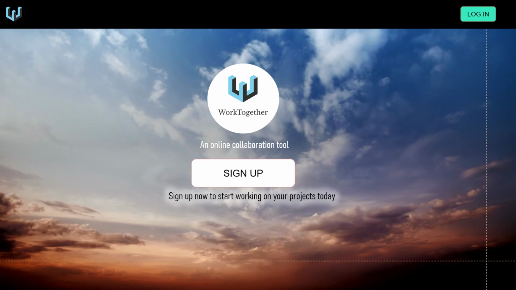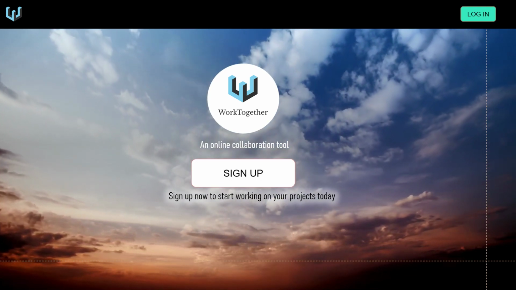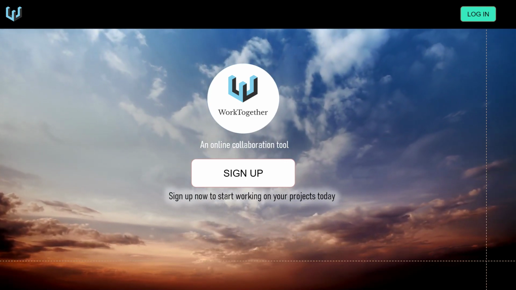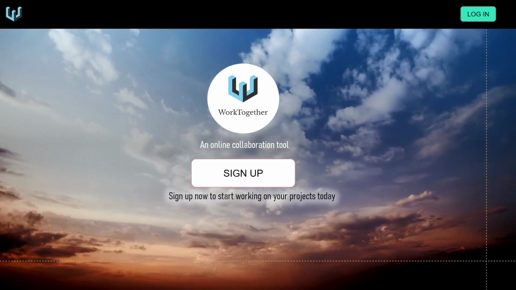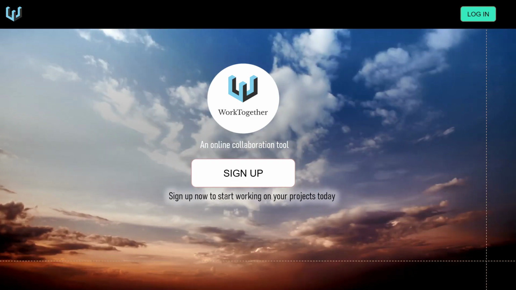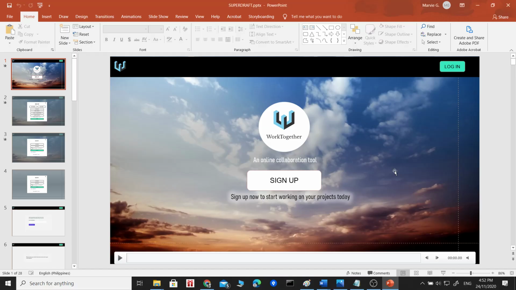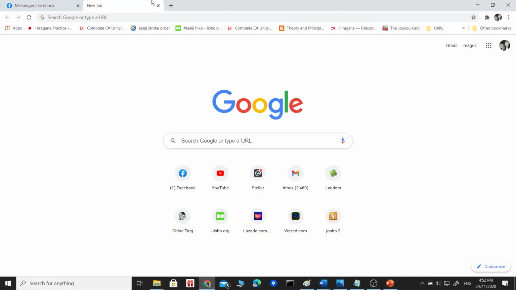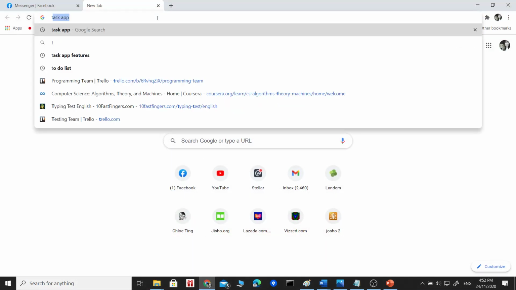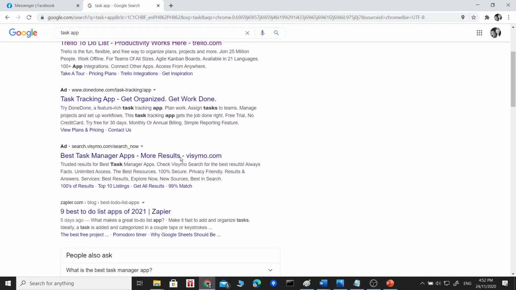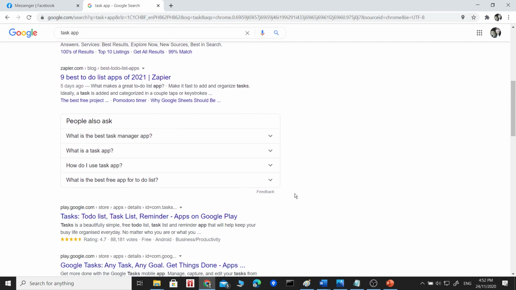So murag ni siya, this is dili pa ni final design, actually kanang PowerPoint presentation ra ni siya, which is like mura siya rough draft or mock up as to what our app would look like. Let's go back. A task tracker, task app. So mura siya like to-do list,